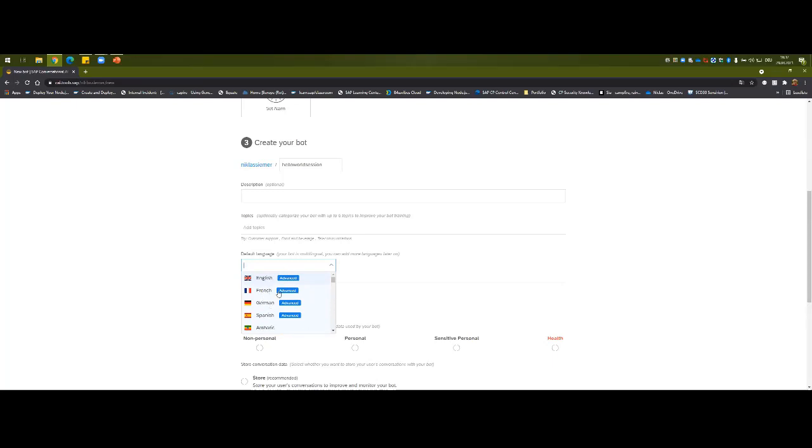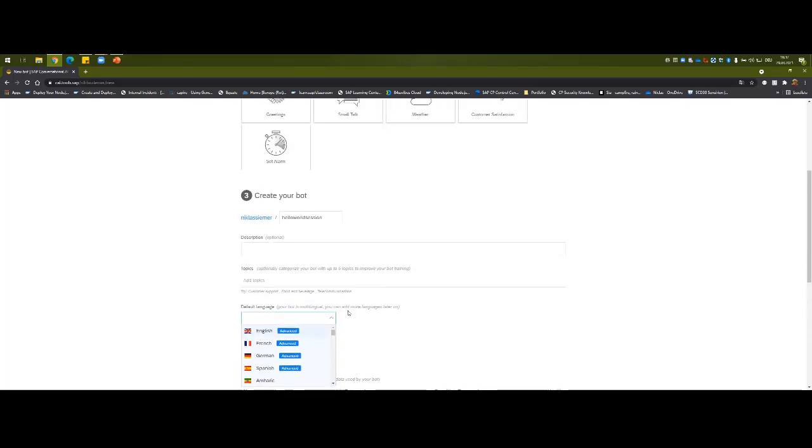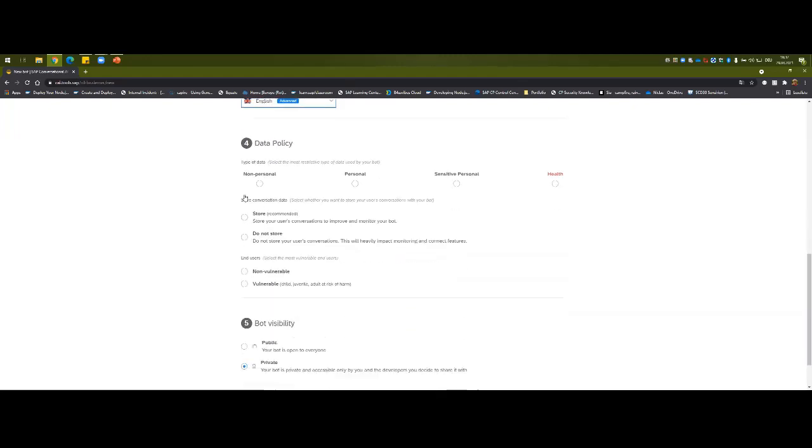So these languages are the most supported. But the rest of the languages also work okay, but these four are the most supported ones. And of course, your chatbot can support more than one language, so it could be multilingual if you want that, but do not define that here. You have to define that in the intent creation later. So this is only the default language of the bot, and I select English.